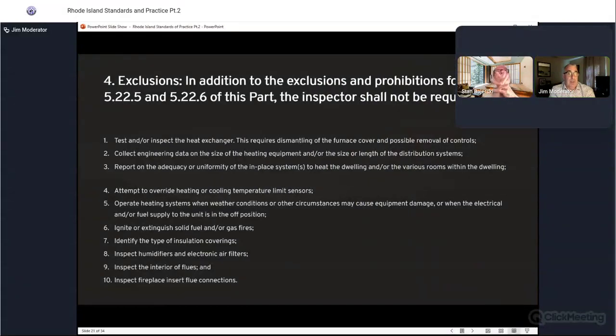Good. So, in addition to the exclusions and prohibitions found in the section before us, the inspector shall not be required to test and or inspect the heat exchanger. This requires dismantling of the furnace cover and possible removal of controls. Collect engineering data on the size of the heating system equipment and or the size and length of the distribution system, report on adequacy or uniformity of the in-place system to heat the dwelling and or the various rooms within the dwelling, attempt to override heating or cooling temperature limit sensors, operate heating systems when weather conditions or other circumstances may cause equipment damage, or when the electrical and or fuel supply to the unit is in the off position,